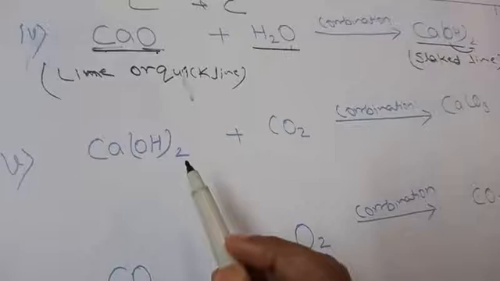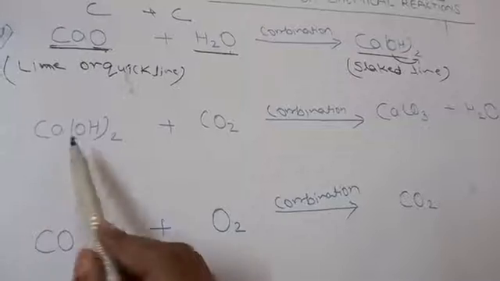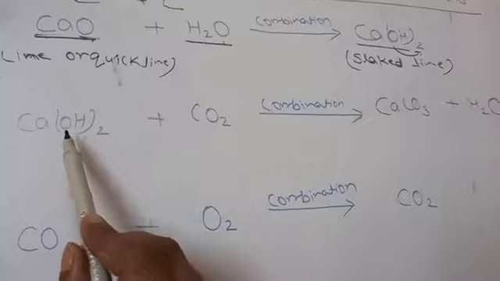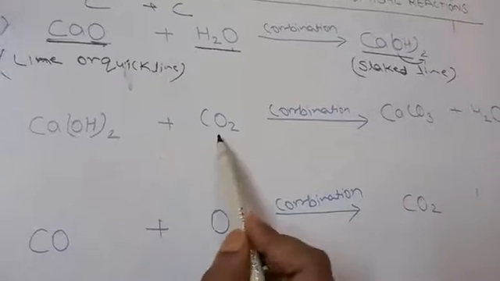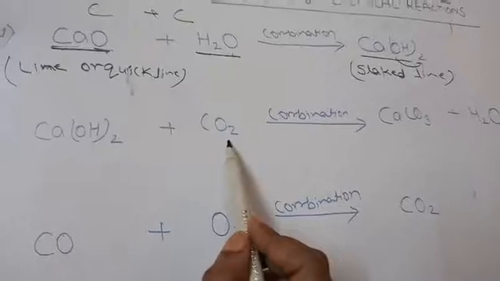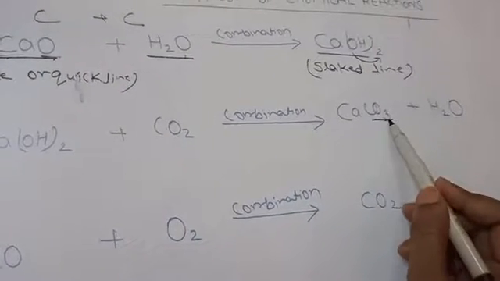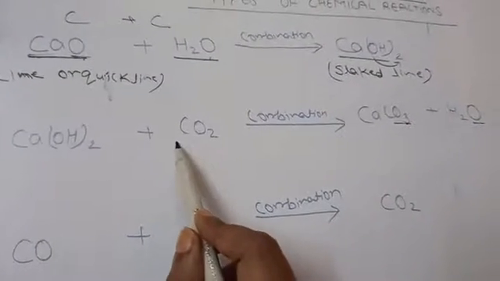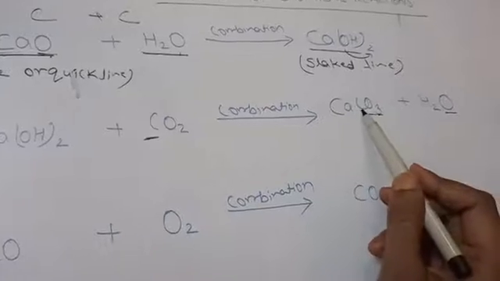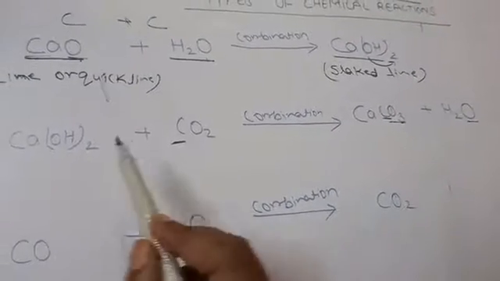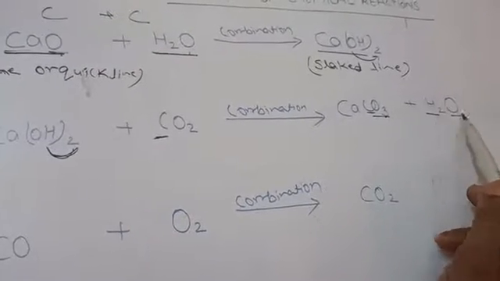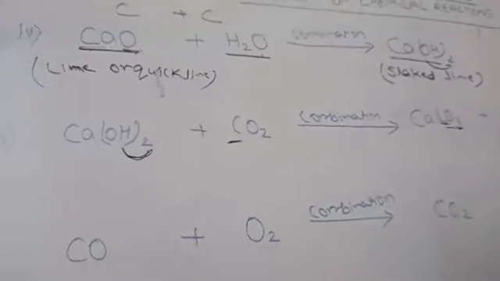Now see, to balance this chemical equation, first see here in the LHS one atom of calcium is present, and in the RHS also one atom of calcium is present. If we talk about the oxygen, here it is 2 atoms of oxygen, and here it is also 2, means 2 plus 2, total 4 oxygen atoms are present. If you see the RHS, here it is also 3 plus 1, 4 atoms of oxygen are present. We will talk about the carbon: here 1 atom of carbon is present, and here also 1 atom of carbon is present. We will talk about the hydrogen: here 2 atoms of hydrogen are present, and in the RHS also 2 atoms of hydrogen are present. So in this equation also there is no need to balance it.